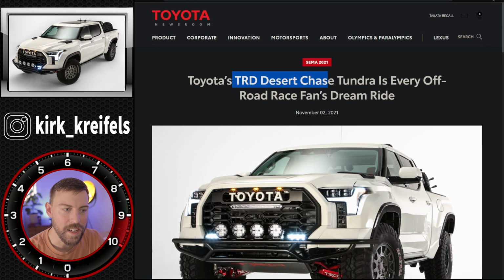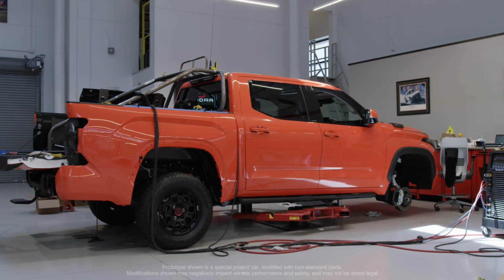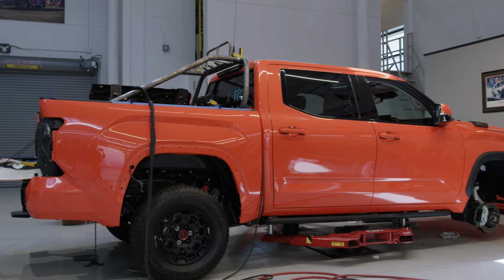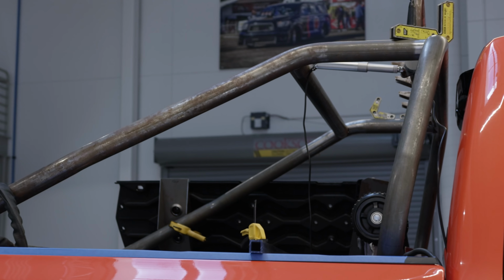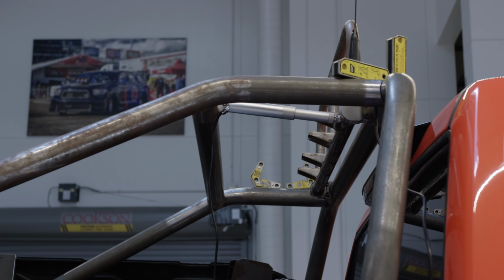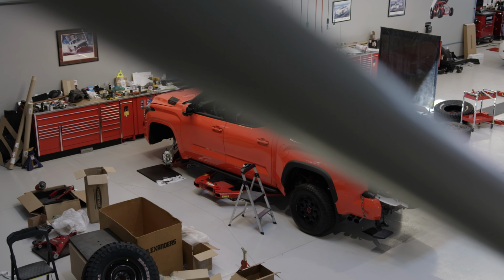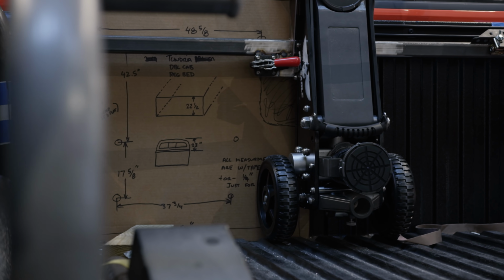So this is a TRD Desert Chase. It was made for SEMA this past winter time, and it's based off the new Tundra TRD Pro, which means it's a hybridized twin turbo V6, just like we saw in the new Sequoia that was revealed earlier this week. 437 horsepower, 583 pound-feet of torque, mated to a 10-speed auto. I don't expect any of those numbers to change on this Raptor fighter desert chase sort of vehicle, but it